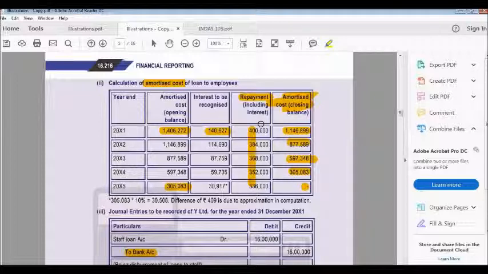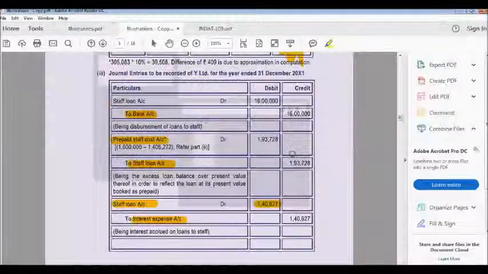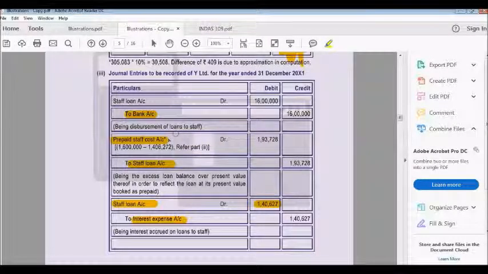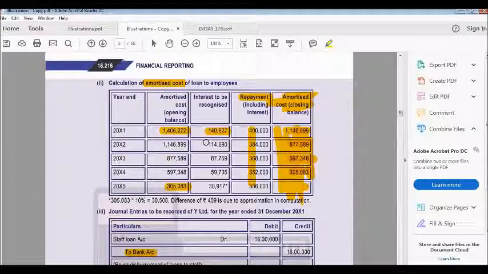So obviously this amount will be reflected in your balance sheet at the first year end, and then this will again be the opening balance, then add another 10%, then deduct repayment, then you will have this much amount in the balance sheet. So this amount will always be reflected in the balance sheet for every single year, because when you make those two entries, your loan will be reflected with this amount, which is the